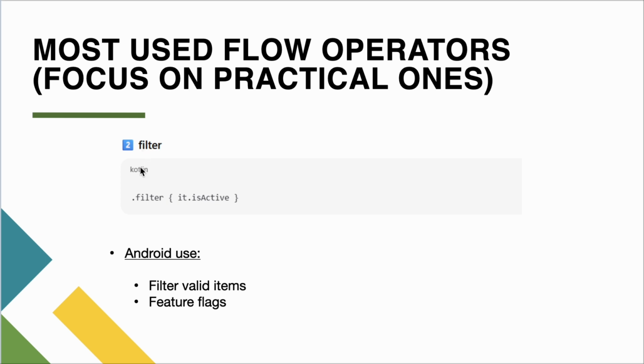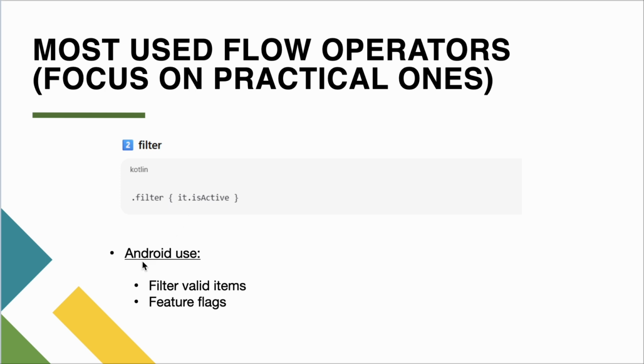Okay, for example the simple definition of filter is: discard what is not useful. All right, for example you use the filter operator like dot filter, and in this it dot is active. So the condition is already mentioned here: it is nothing but the data that you are receiving from the API or from anywhere else, and then dot is active, as in whatever in that data is true, right? Then you just include those data only. The rest of the data you just exclude, you just throw it out. That is what the filter operator is useful for.